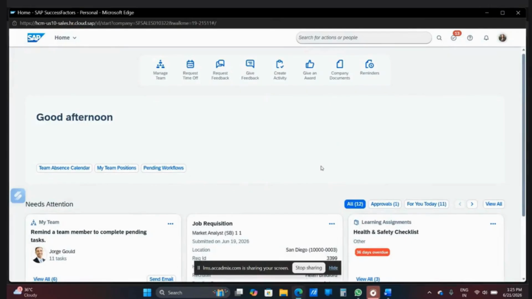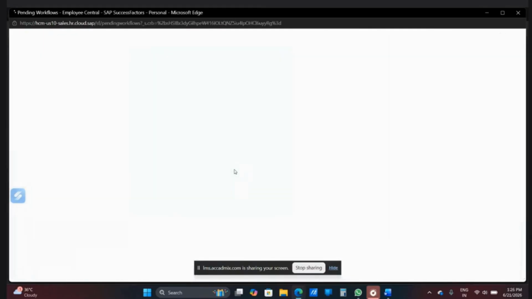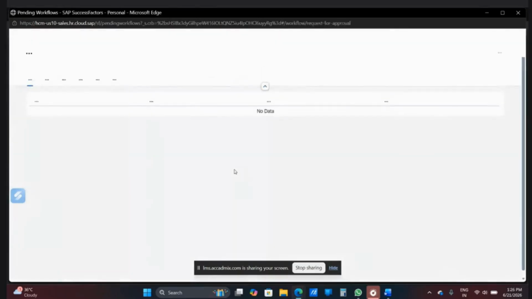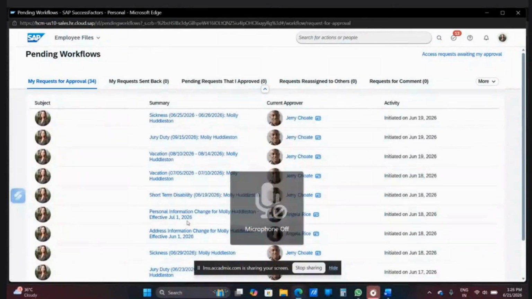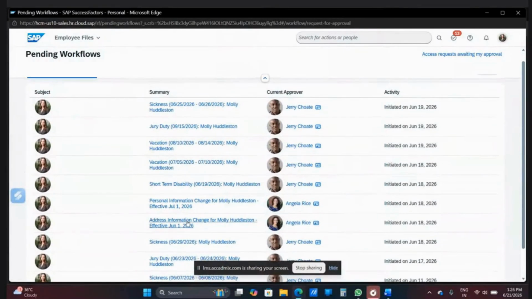See, can you go to pending workflows? So that's how you will get to see the information of all the pending workflows, how many requests were sent, how many are approved, what are the actions that are required.